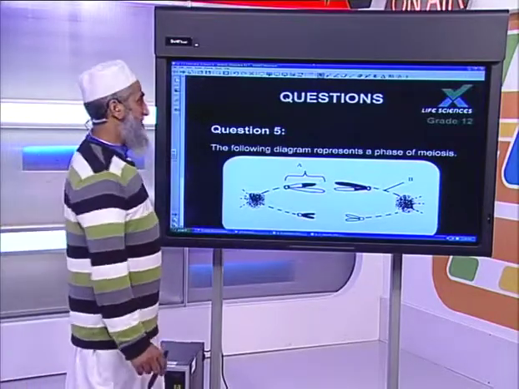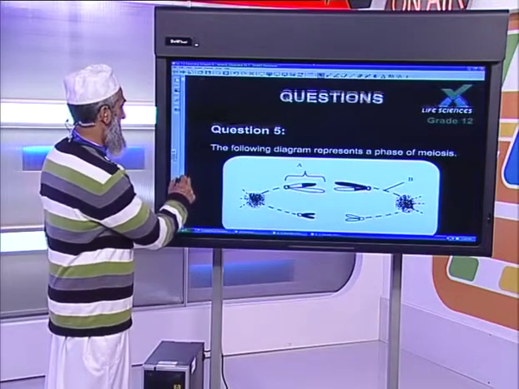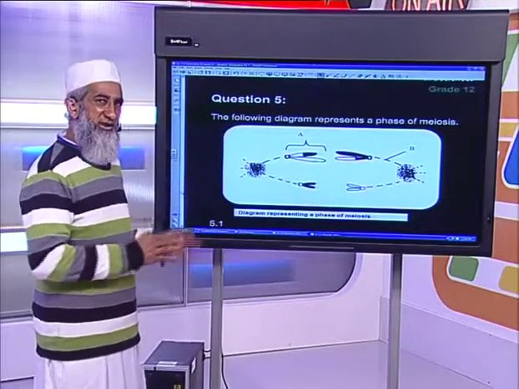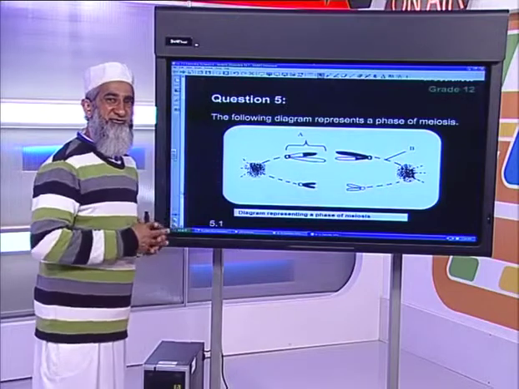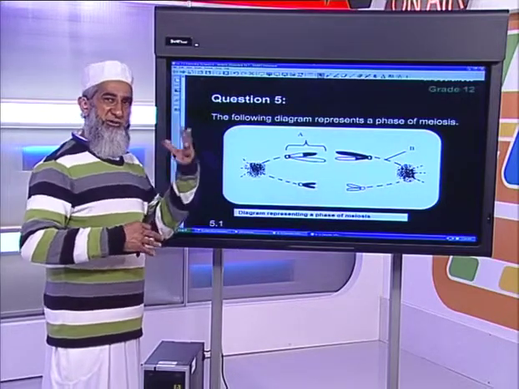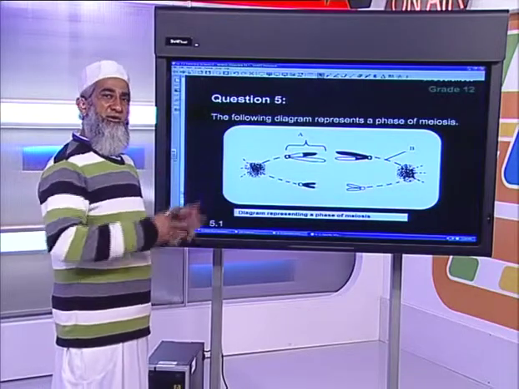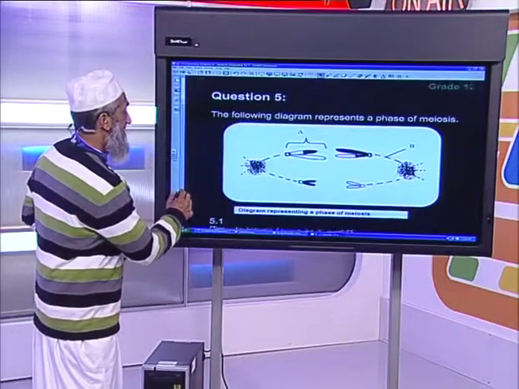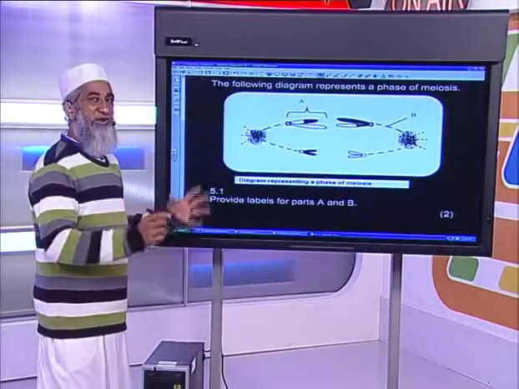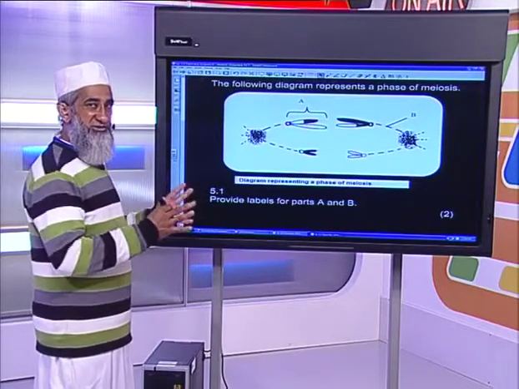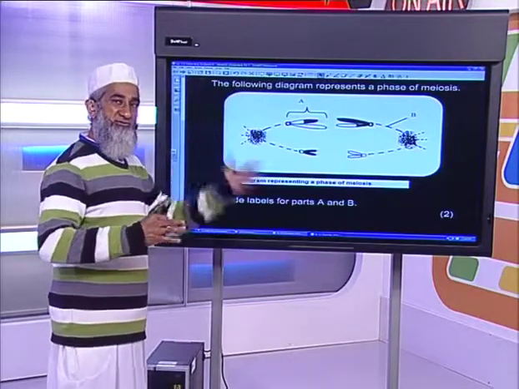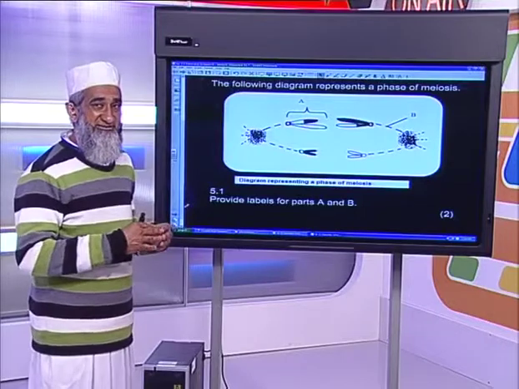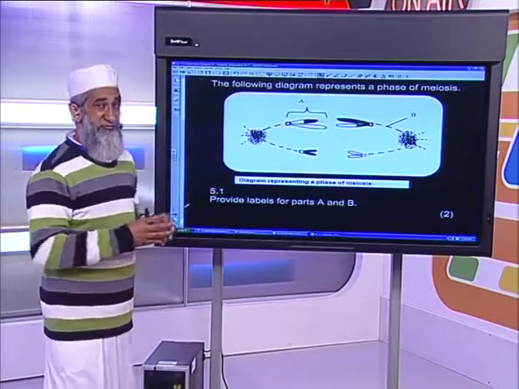Okay, guys, welcome back again. We are now dealing with the next topic, and that is meiosis. Fairly easy. Learners normally do well in this section. It's about identifying the different phases of meiosis. Meiosis 1, meiosis 2, what is happening, what occurs throughout, what happens to the chromosomes, etc. This particular question gives you a diagram, and guys, this is how this question is asked. Generally, unless they ask you for differences between mitosis and meiosis, or sometimes they can ask you to explain the process of meiosis in an essay, but generally in section B, this is the type of question to expect.